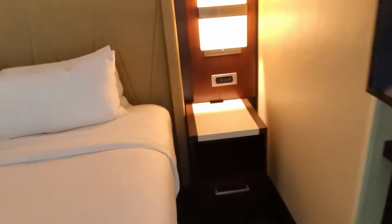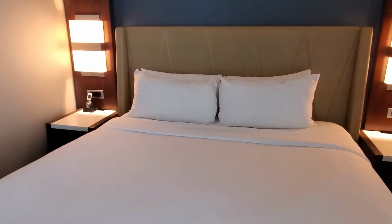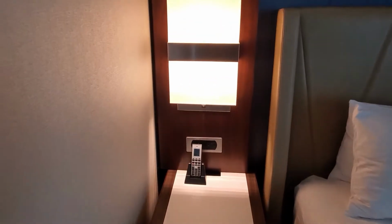Coming to the side here, the nightstand, there's a big empty open space, a drawer, lots of outlets, nice dim lighting, a big king bed with a nice bedpost there. The side has another phone, more electrical outlets, lighting,